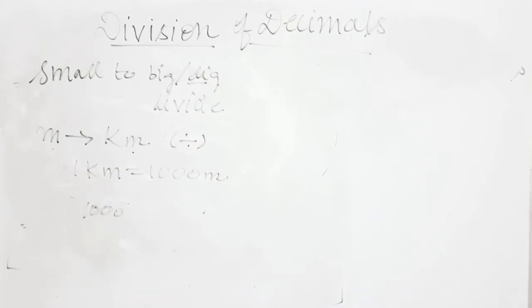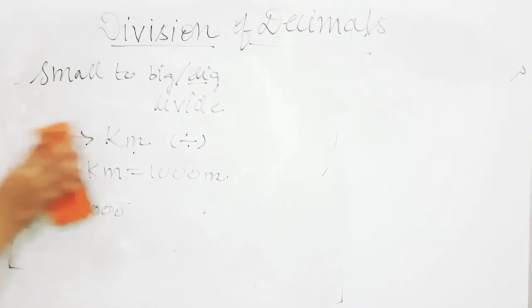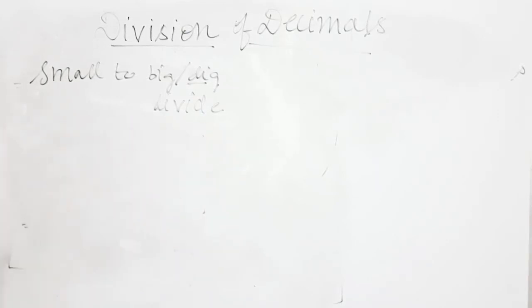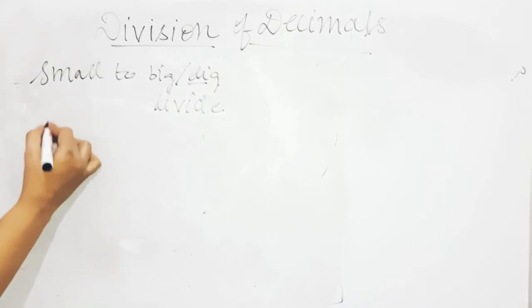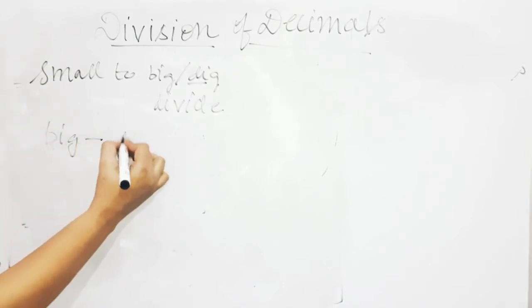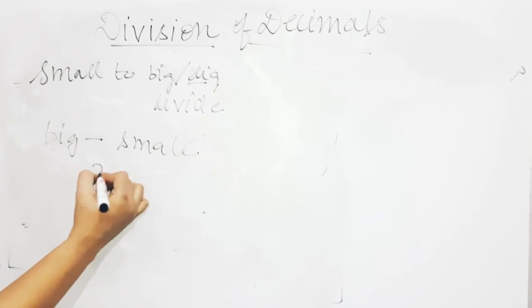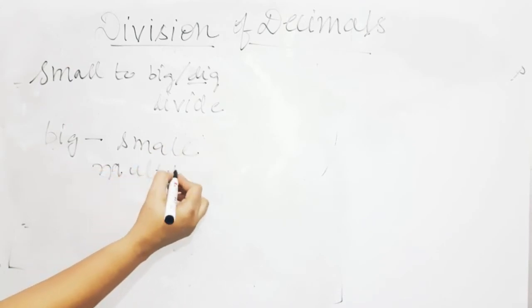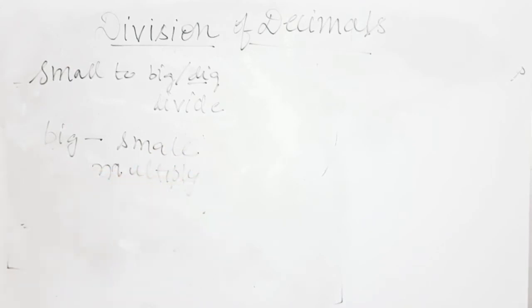And whenever you are converting a bigger unit to a smaller unit, let me give you the other case. Whenever you are converting a big unit to a small unit, in that case what you have to do? You have to multiply. I am recalling these things because 2 queries came ki ma'am, this is not from the chapter, you have not explained this to us. Beta, I have already explained in class 4, and if you could remember those things, then you would have been able to solve that question. So big to small means multiply.